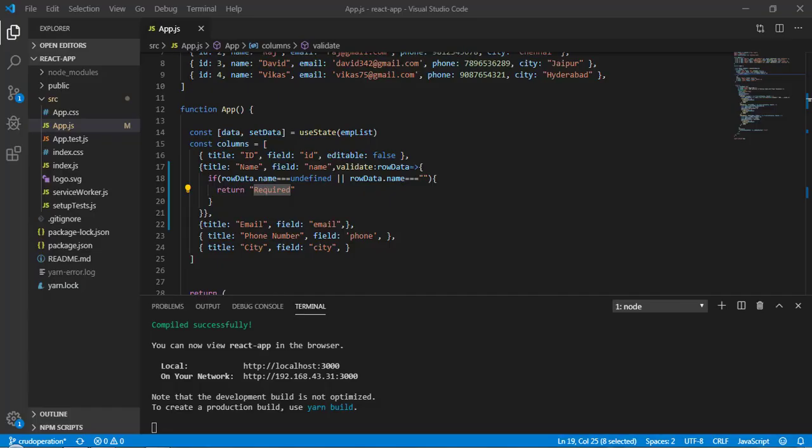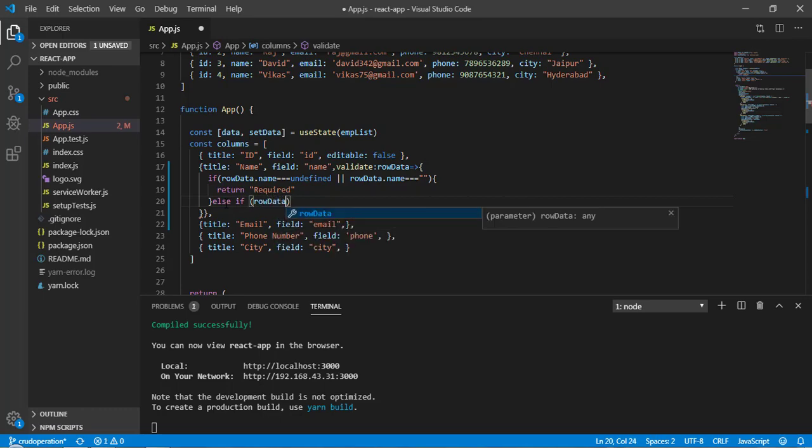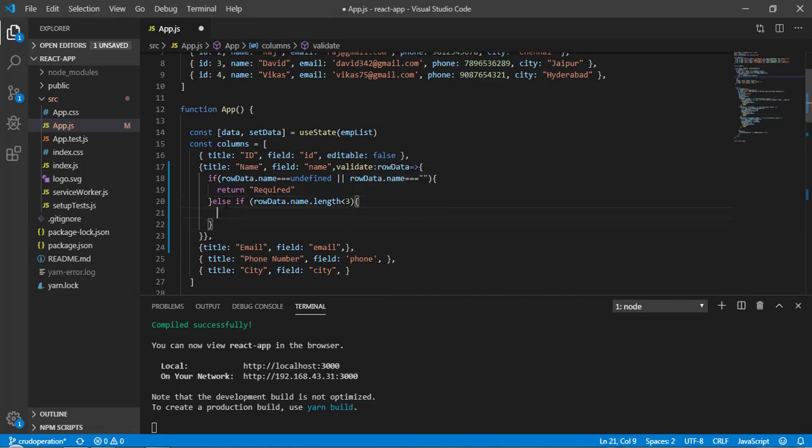Now let's validate with the length of the name. Here we can write another condition, called else if, and check rowData.name.length. If the length is less than 3, I have to show a message over there.